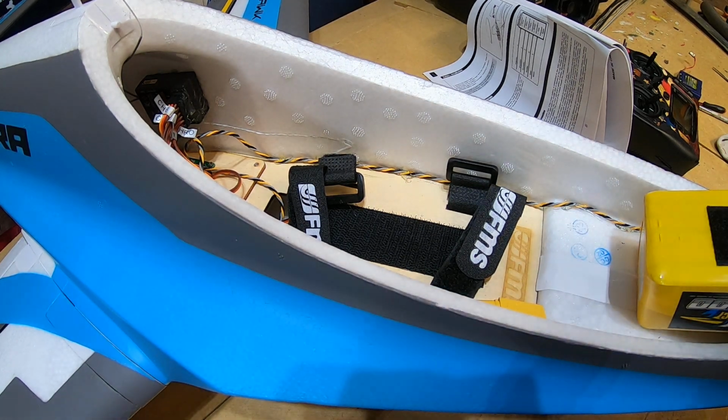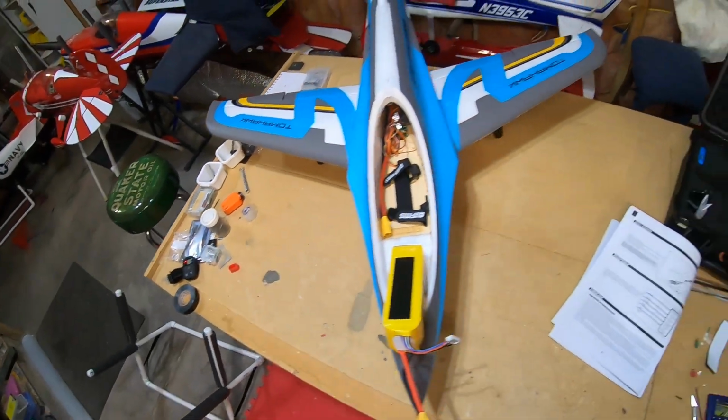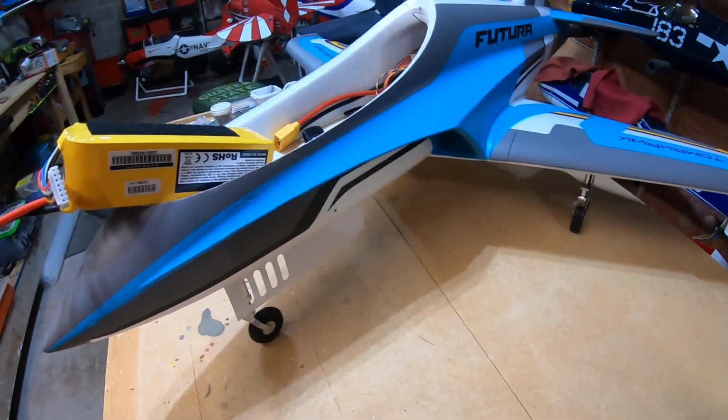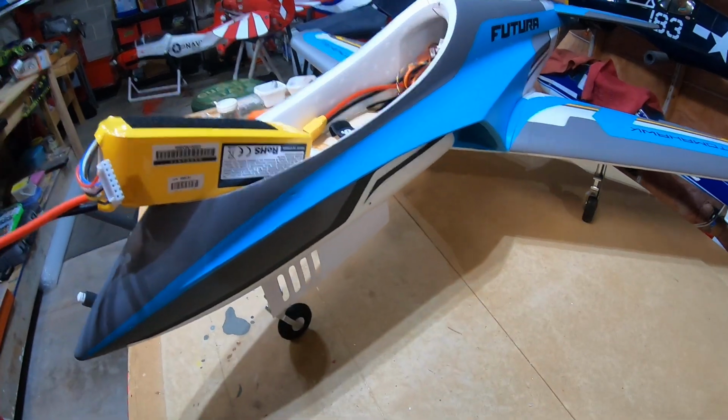So when it comes down to balancing, what are we going to do for balancing? So we will come over here, like this, and let's go ahead and